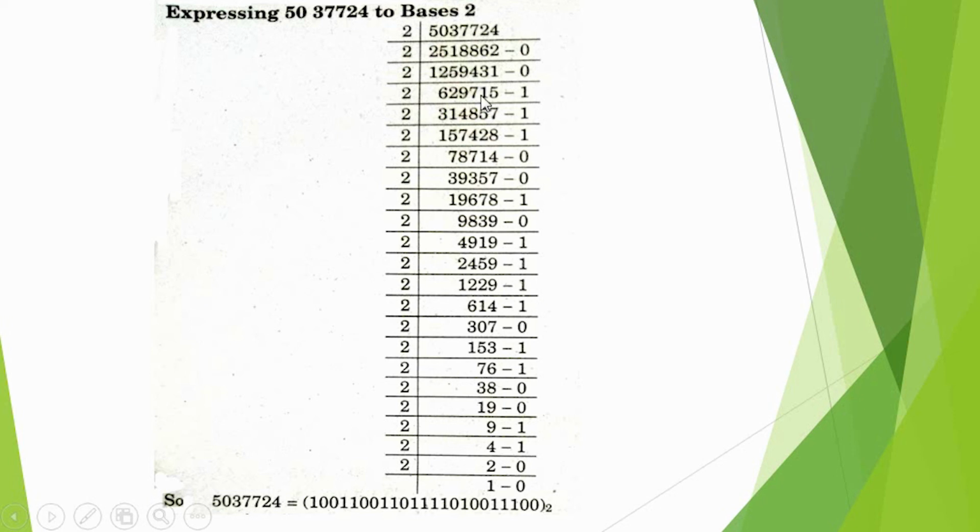2 6s are 12, 2 2s are 4, 2 9s are 18, 4 becomes 14, 2 7s are 14, 2 1s are 2, and 2 5s are 10. 1 becomes as it is. Now 2 3s are 6, 2 1s are 2, 2 4s are 8, 2 8s are 16, 2 5s are 10, 2 7s are 14, 1 becomes carry.